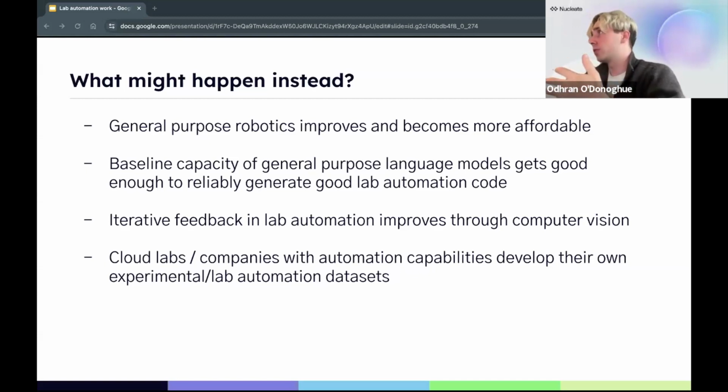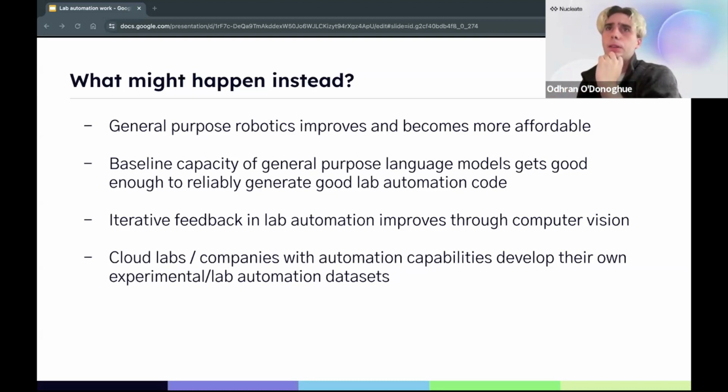And finally, on this idea of collecting data, when we do see cloud labs begin to take off, and when we do see automation providers begin to take off, they are going to be the people that collect the most data on running experiments in one standardized format for training. So we expect there to be advantages in scale, where a few companies may succeed, and then these ones will have the in-house expertise to understand how to automate experiments effectively because they will have done it so many times through machine learning in their own custom data set. So that's kind of my model for what may happen.